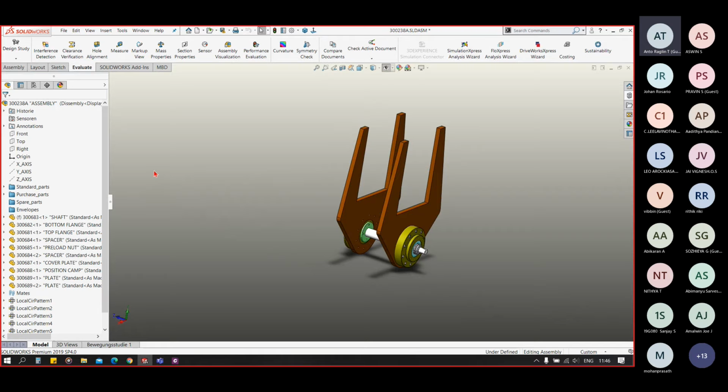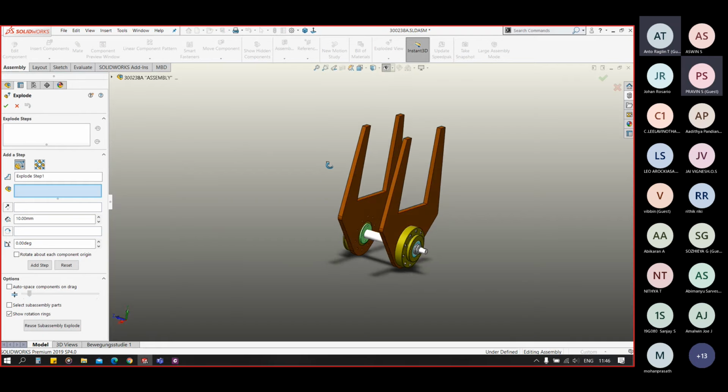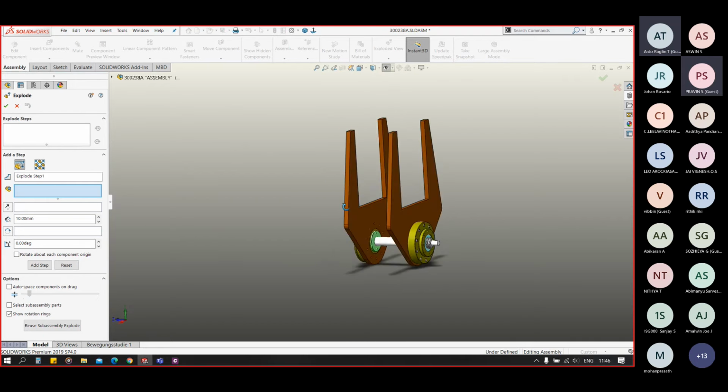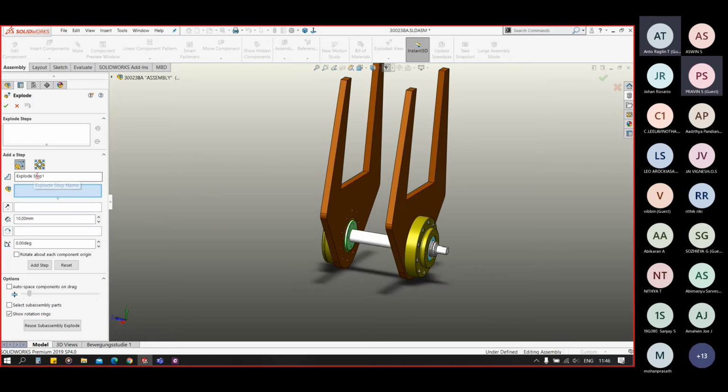So I'll create this again for your understanding. So go to exploded view. We have two types of explosions here, radial and linear. In the linear one, it follows the linear path, and in the radial one, it follows the radial path. So we'll see both of them.